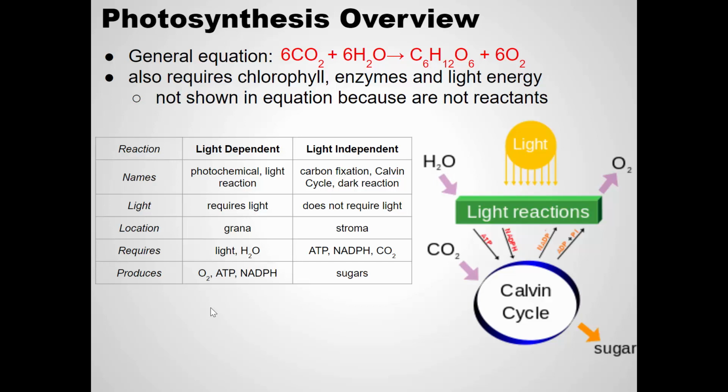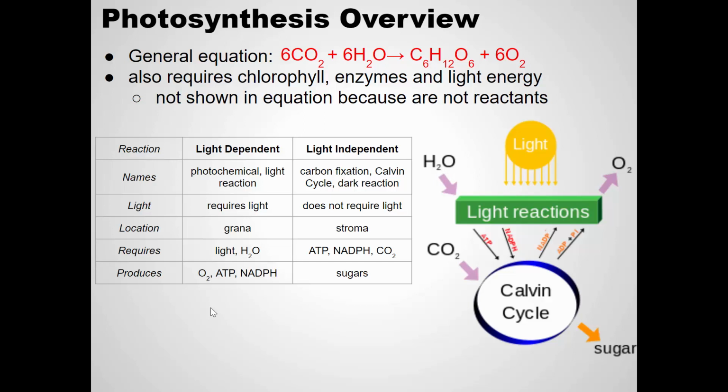This process happens in the grana, in the thylakoids, in those little discs that are in the chloroplast. This process happens within that membrane and on the inside. The light-dependent reactions require light and water. So we see light and water coming into these light reactions. And it produces oxygen. This is where the oxygen from photosynthesis comes from. But it also produces a couple other things that we don't see in this equation. It produces ATP, which we know